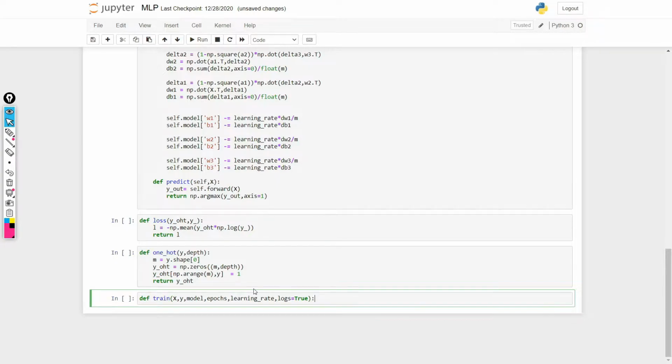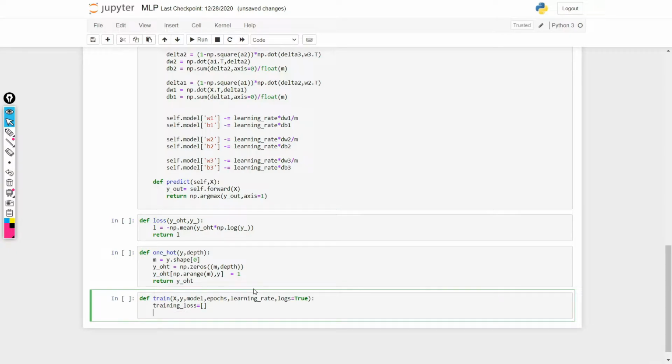Now what I am going to do is training loss. It is going to keep a list of all the loss that we will get, so we can compare how our loss has decreased or increased. The number of classes that we are going to have is 2.